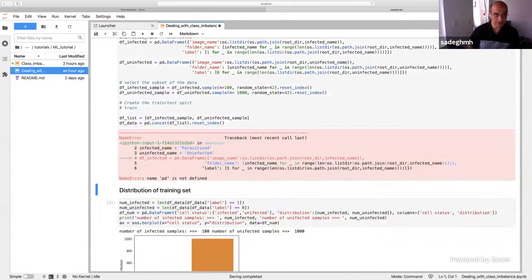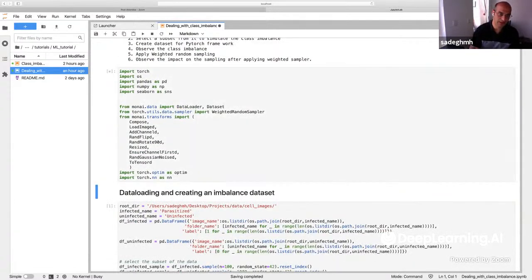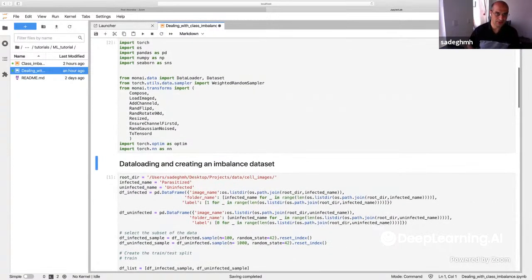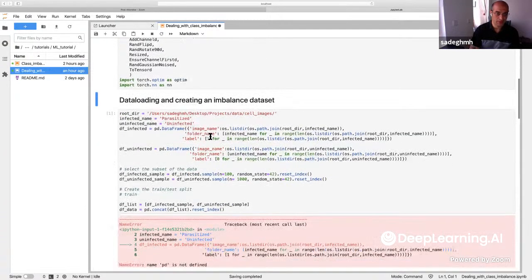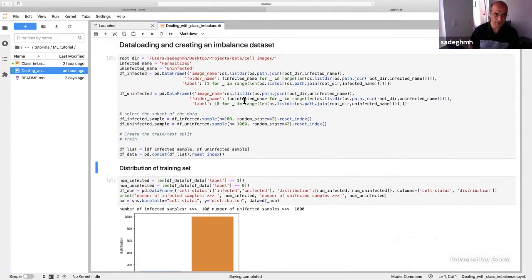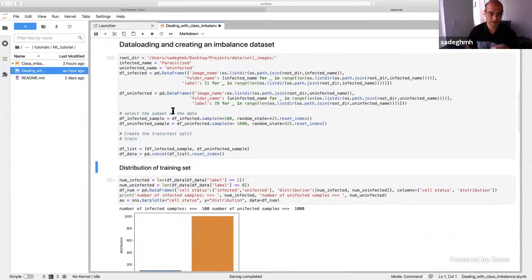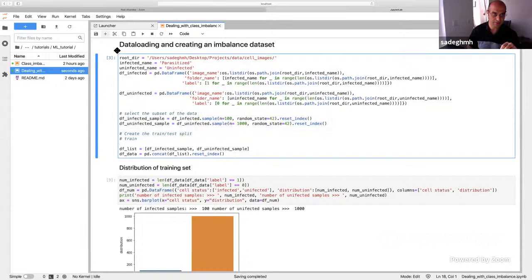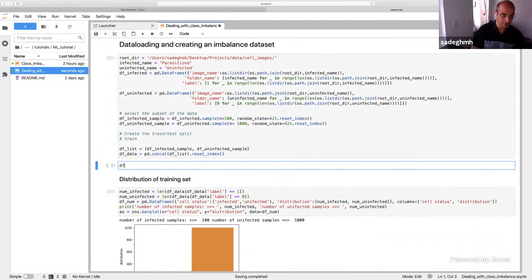So yeah, this one doesn't work, of course, because we need to load and import everything into the Jupyter notebook, and then we run that. So what this part of the code does is basically go through the original data set that we have. It loads everything into a pandas data frame, and at the end we select a subset of that. So basically what you have as the output of this cell is nothing but,